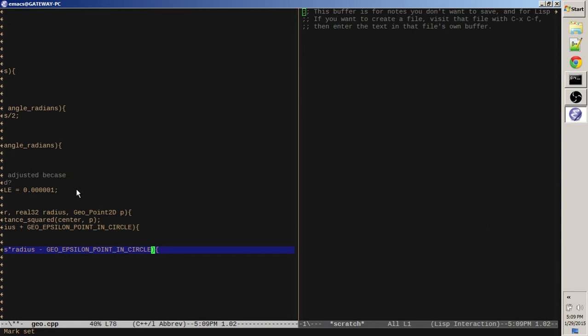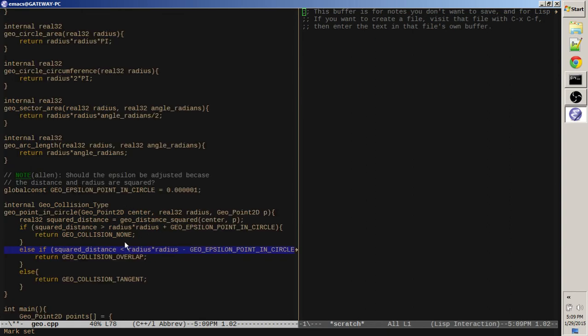is less than. So there we subtract it because otherwise it wouldn't be doing us any good. We're trying to prove that this thing is less than this, but if it's not less than this with this extra little bit of epsilon, then that means it's so close to the radius squared that we maybe should have said tangent. Great, so that is our point in circle function, and that basically has the job of telling us if the point P is within the radius of a circle centered